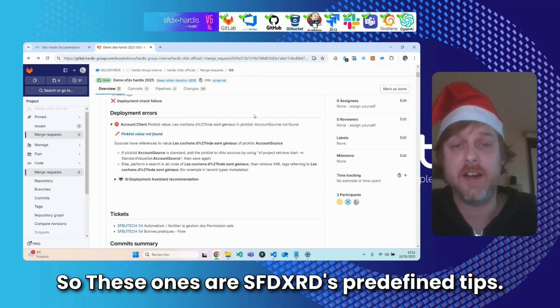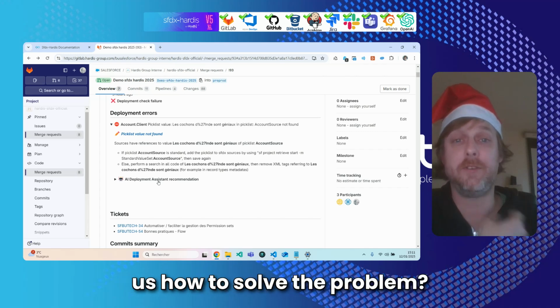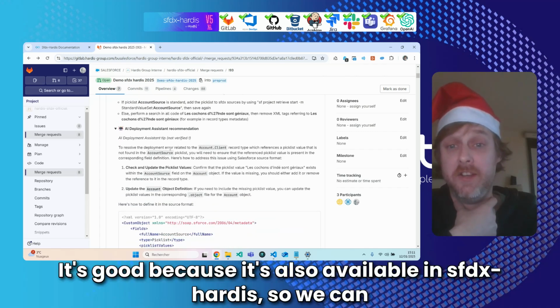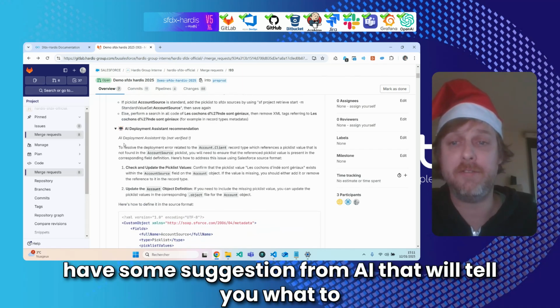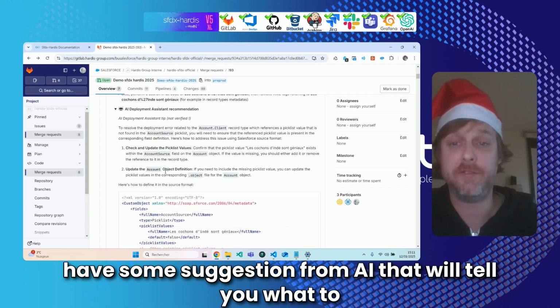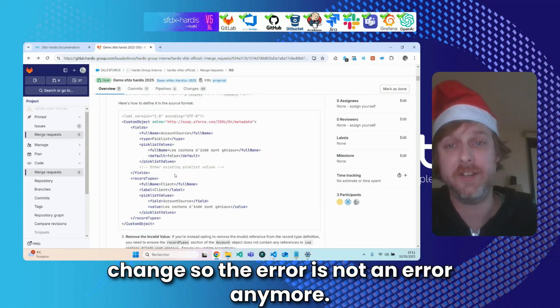These ones are SFDX Hardis's predefined tips, but what if AI could also suggest how to solve the problem? It's good because it's also available in SFDX Hardis, so we can have a suggestion from AI that will tell you what to change so the error is not an error anymore.